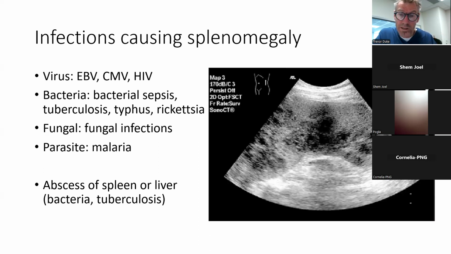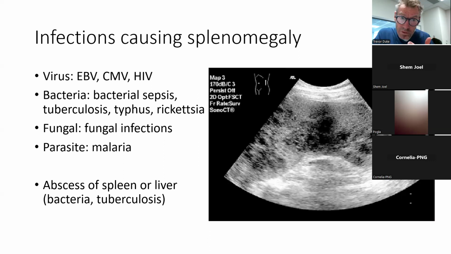Cytomegalovirus too can lead to an enlarged spleen. And of course, HIV also often results in splenomegaly. There are many bacterial infections that can lead to an enlarged spleen. So think of viral infections, bacterial infections, some fungal infections can lead to a large spleen, and then of course